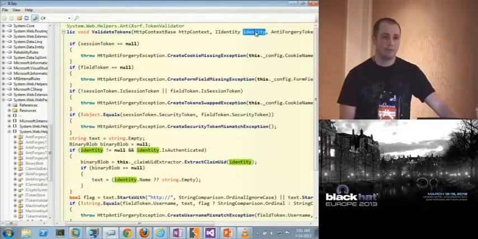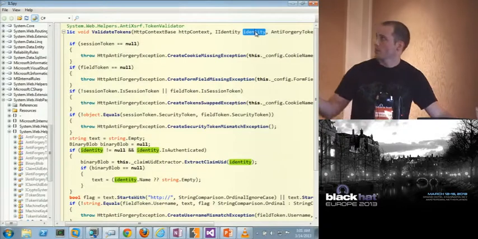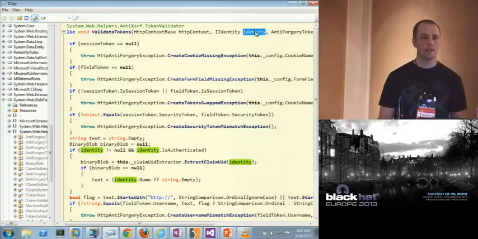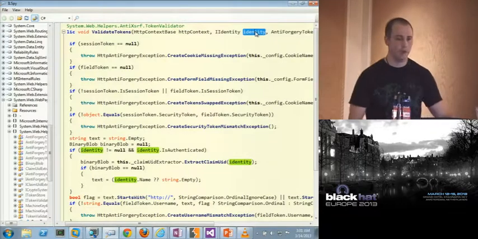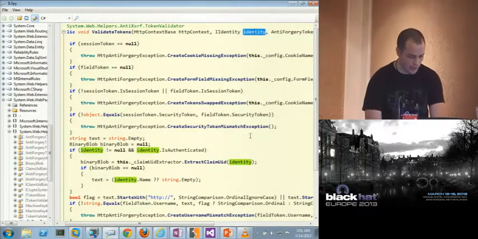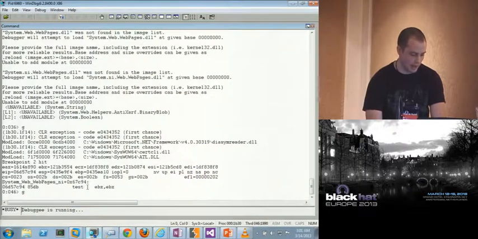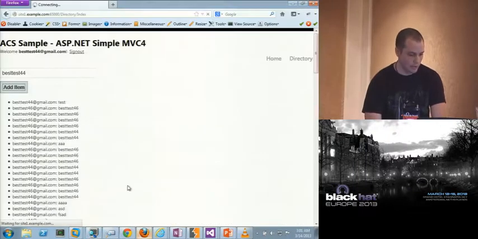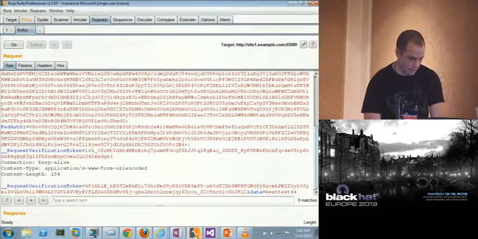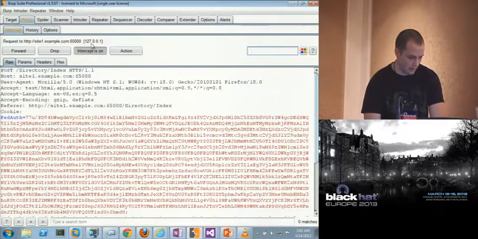If I'm looking to bypass this CSRF protection, I really want to see how this application knows who I am. Because if it's not tied to the session, then I can just replay different users. So what I did was I attached WinDbg to IIS, and I set a breakpoint. When I make this request, let's turn off our interception.